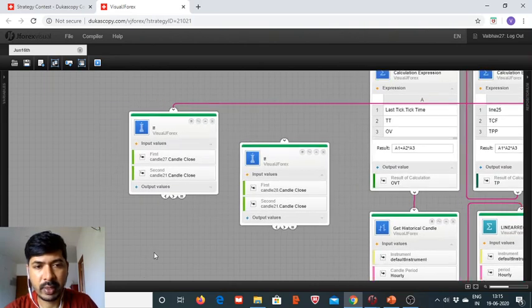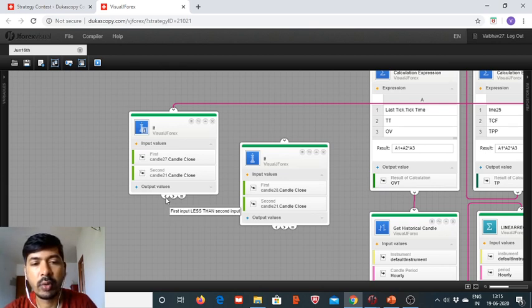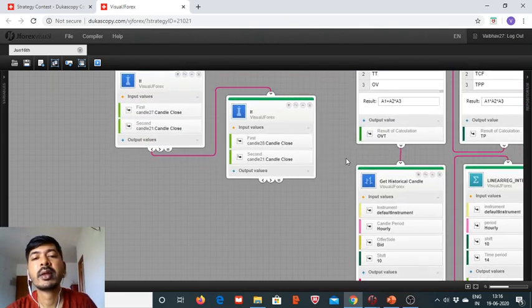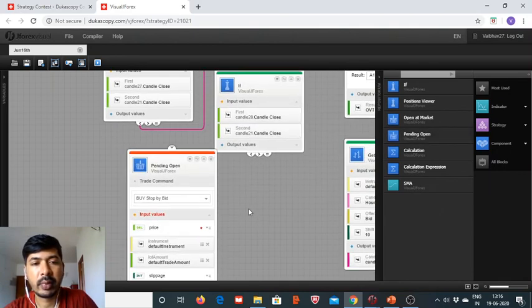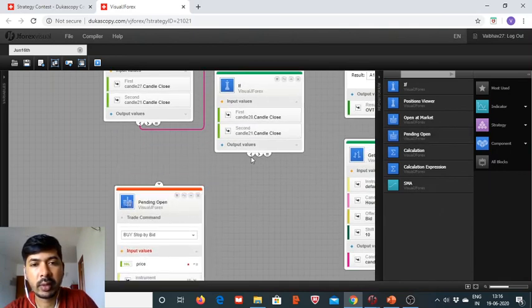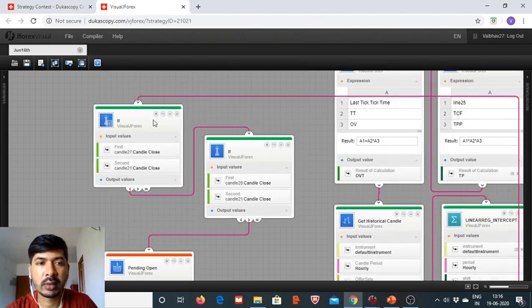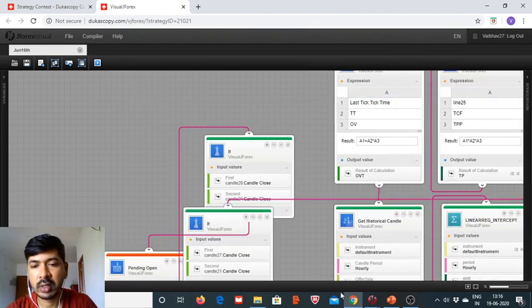So the price should be dipping below the last hourly close. That means the immediate candle on 1 minute time frame should be below the hourly candle close, whereas the prior minute's candle was above the last hour's close. And then we have to take into account the pending open, and here this should have been greater than. Okay, so we arrange this into if conditions, and then we add